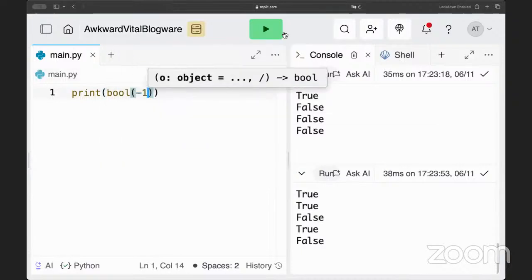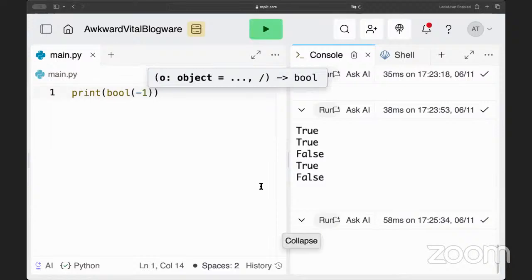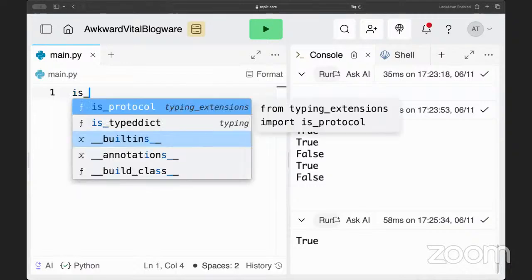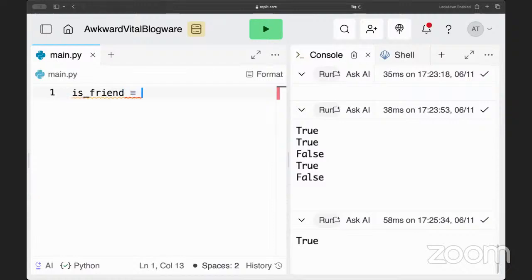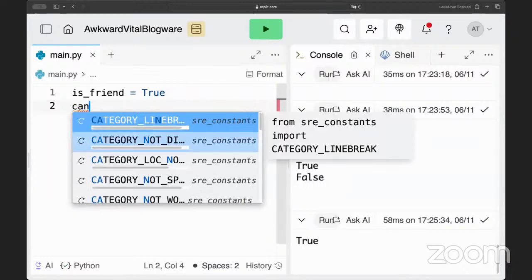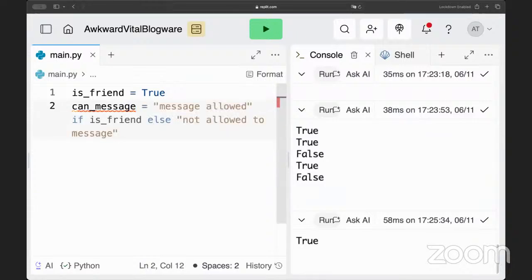What is it? Let's quickly check. It's true because it still has some value. It is not a falsy. Okay. Now moving forward, is friend. If is friend is true, then the person can message me.